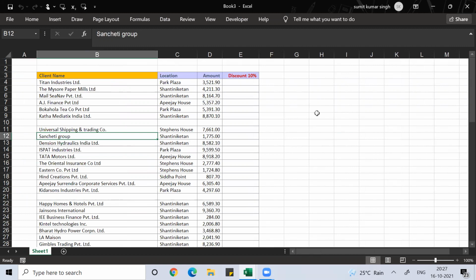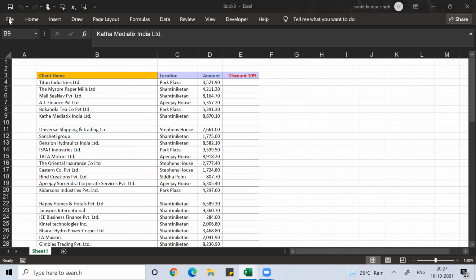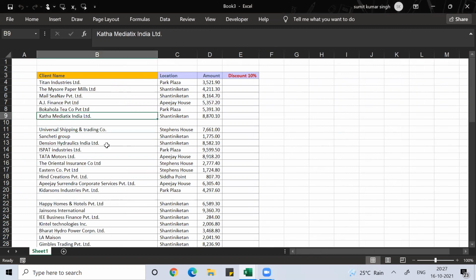When you are trying to select data and your data is continuous, then selection becomes very easy. Like the example I discussed in my previous presentation, where I took one Excel workbook called sales report, and I taught you to select the data by using Control Shift right arrow, down arrow, and Control A. The same thing I'll show you. In case you have not seen my previous video, I suggest you go through it before you attend this class.